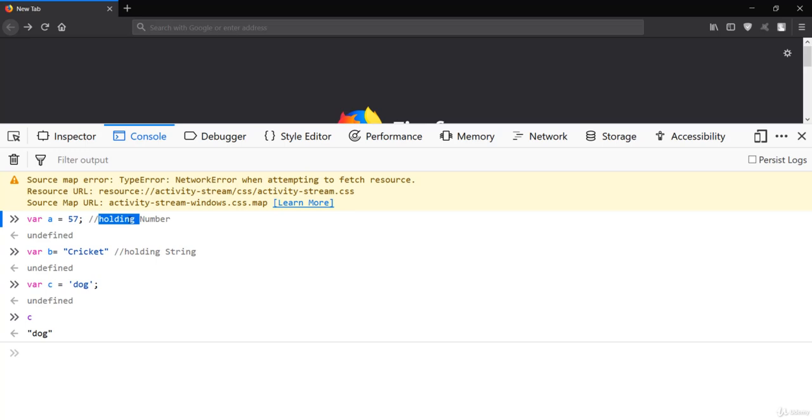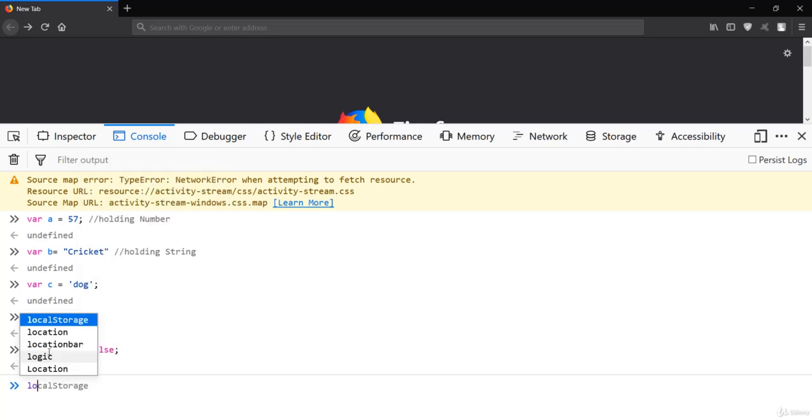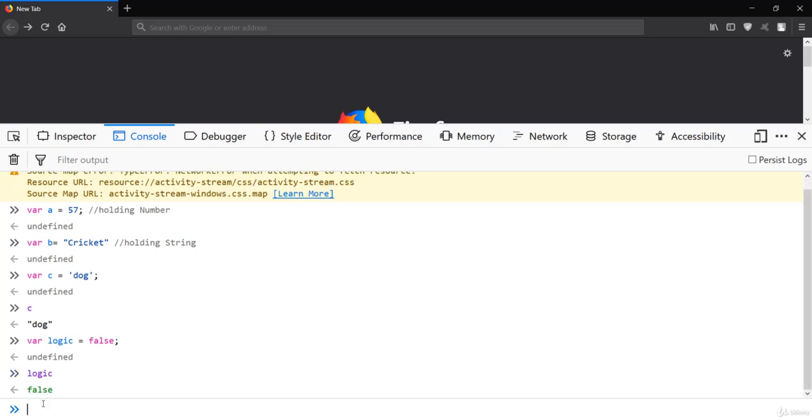The next one is boolean, which is either true or false. If I say var logic, our variable name, and pass false, we have created a boolean variable named logic, and it stores false. So boolean is either true or false.